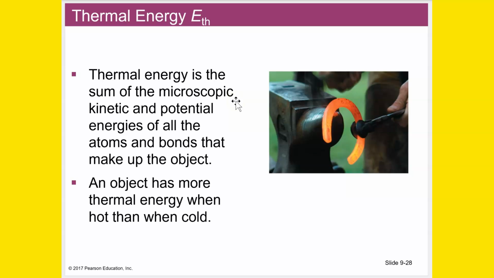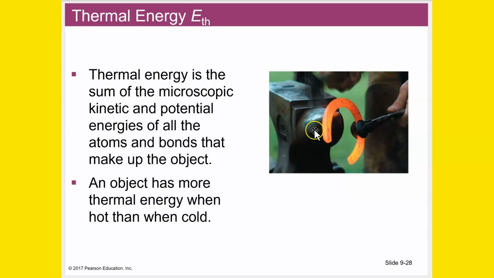I would think of kinetic energy and potential energy as external energy, energy that an object is doing outside, that affects the outside of the object. Thermal energy is all of that stuff going on within an object, like what the atoms are doing inside of that object. The farther they are away from each other, or the faster they're moving, the more thermal energy that object has.